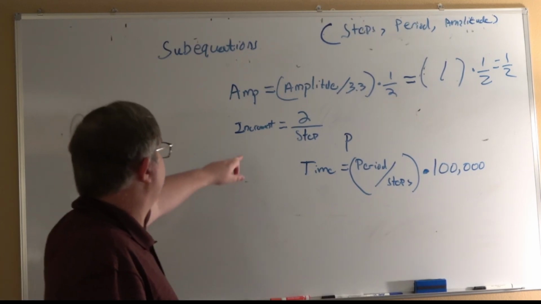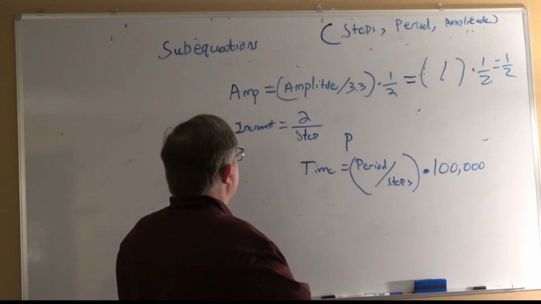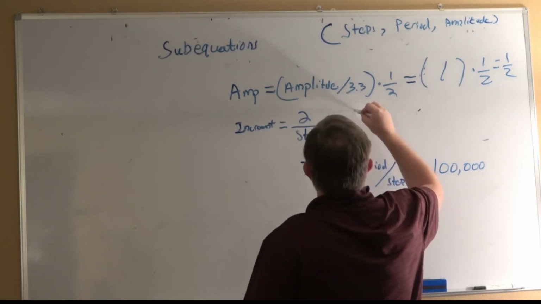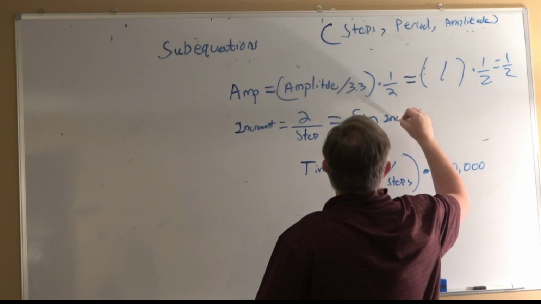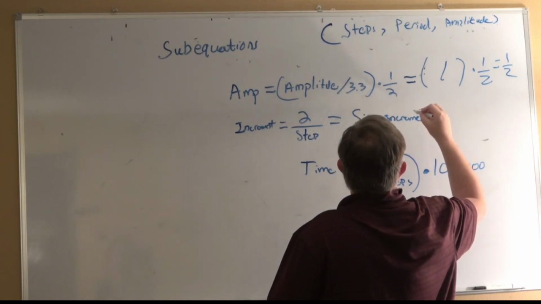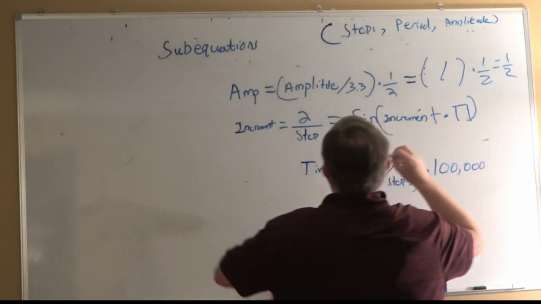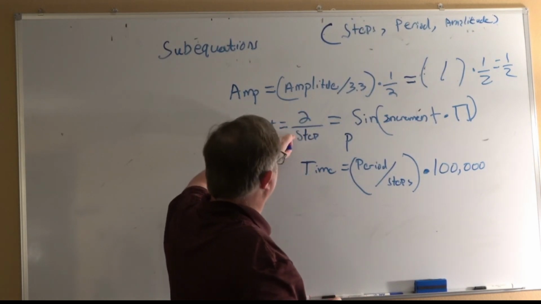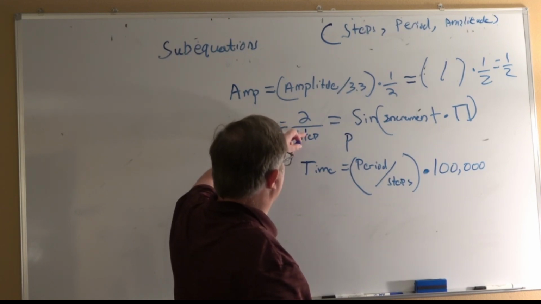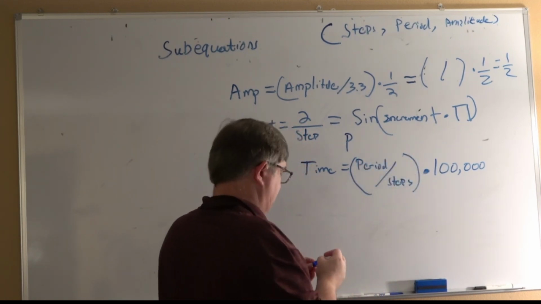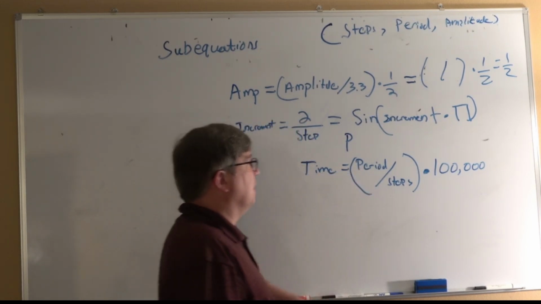So you've got your steps, 2 over steps, because inside here it's going to equal sine of your increment times pi. As the steps get completed, this will eventually become 2. It'll become 1, so it'll be 2 pi. Your time is period over steps times